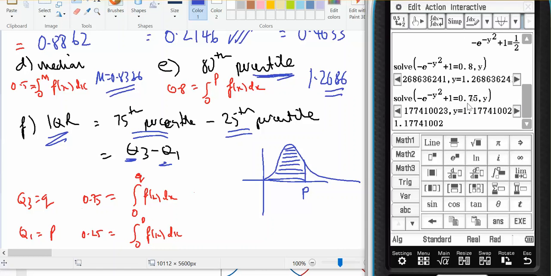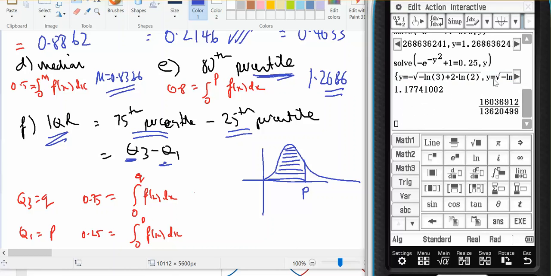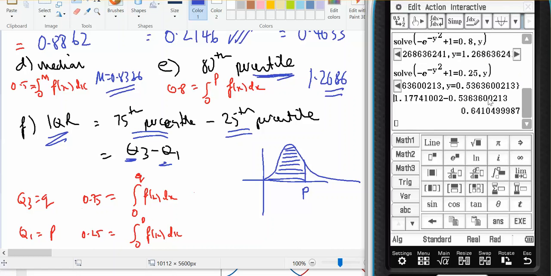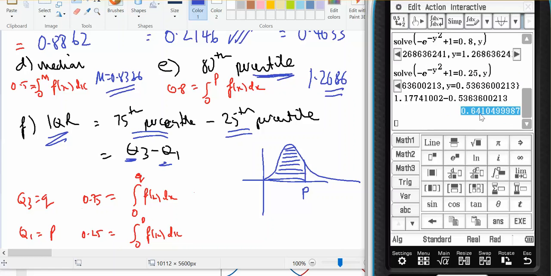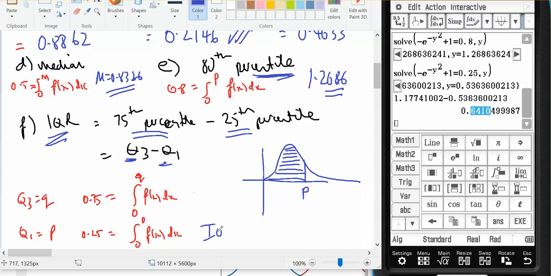And then I'm looking for the 25th percentile, which is this answer here, 0.536. And I have the third quartile minus the first quartile, and that gives me an answer of 0.6410. That is